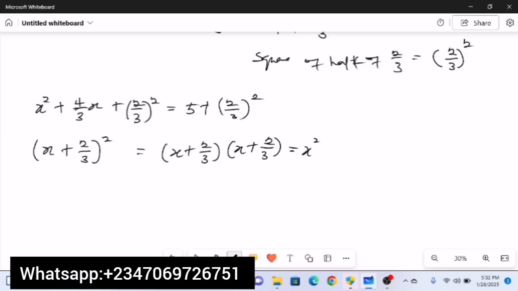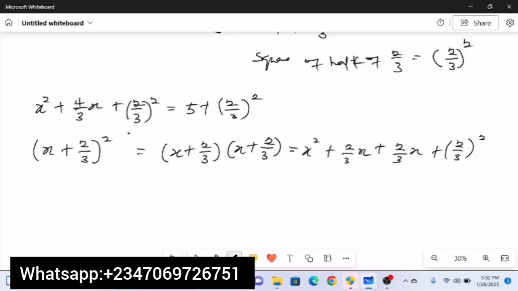We have x squared plus x times 2/3 gives us 2/3 x, plus, again you have 2/3 times x. That gives us 2/3 x. Then you have 2/3 times 2/3. That gives us plus, you can simply call that (2/3) squared